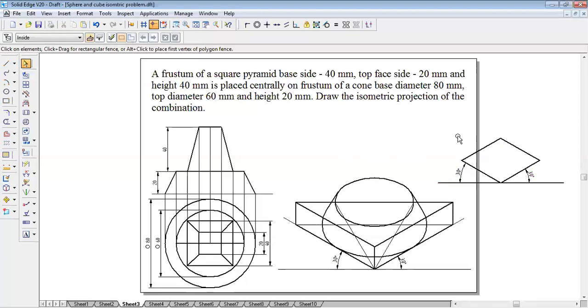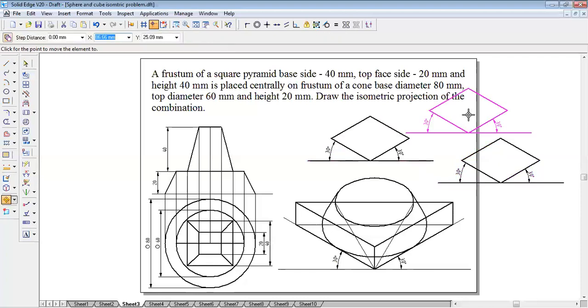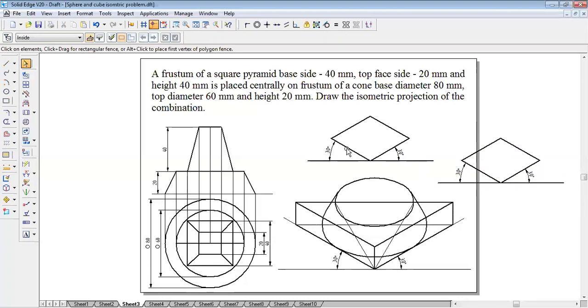I'll just copy paste, very simple, one more copy here, and I'll make it reduced. I'll just remove these two lines and make this 20 mm length, make this 20 mm length, and then move copy from here and copy it here.